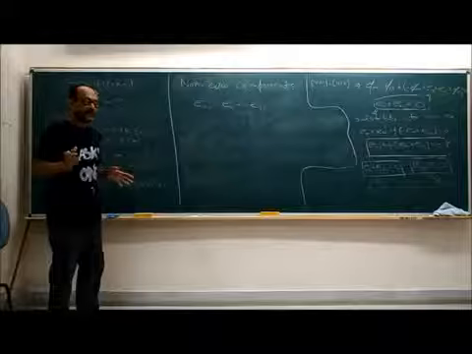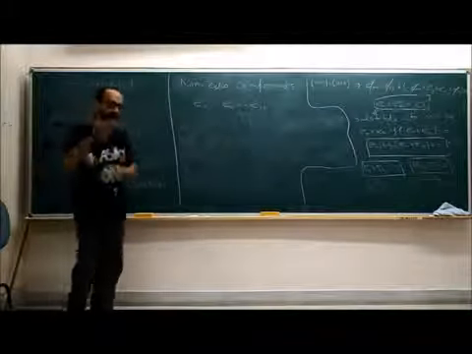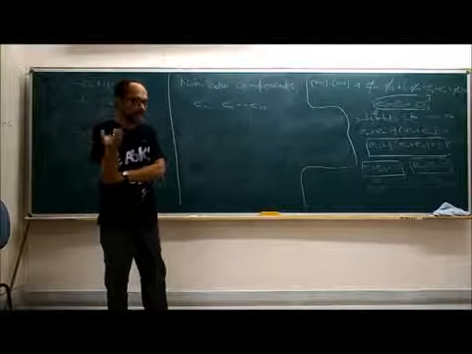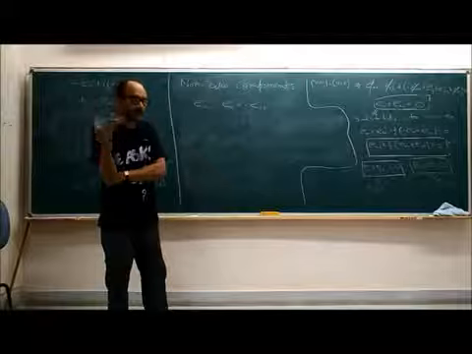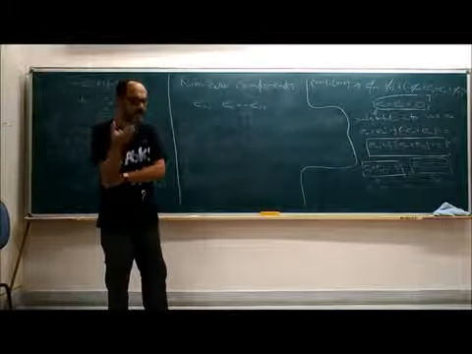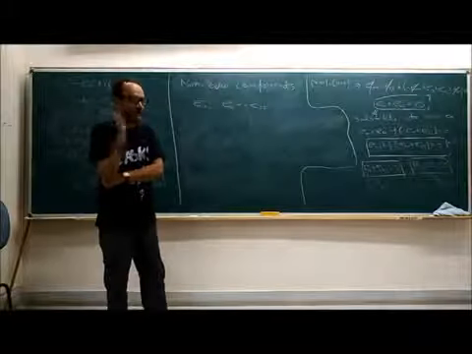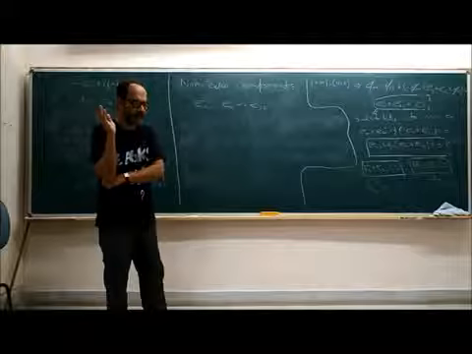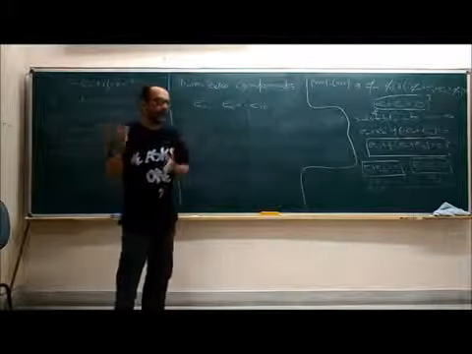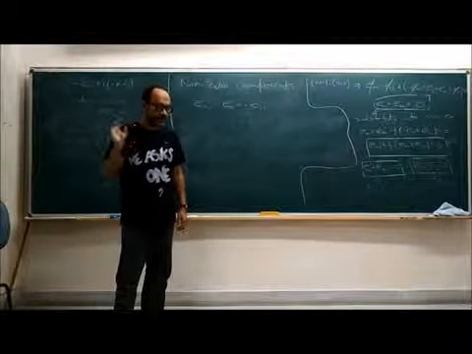Because to begin with, the gauge freedom involved an arbitrary function, zeta mu. But then we say that we have to restrict zeta mu to be of the form f mu e to the ik dot x with k square equal to 0, because we want to keep the form of the metric. E mu nu e to the ik dot x was the solution. You don't want to change that form. So that already ruled out an infinite set of possible gauge transformations. But in general, you could take this to be zeta mu e to the ik dot x with an arbitrary k. So you already ruled out an infinite set of gauge transformation laws.